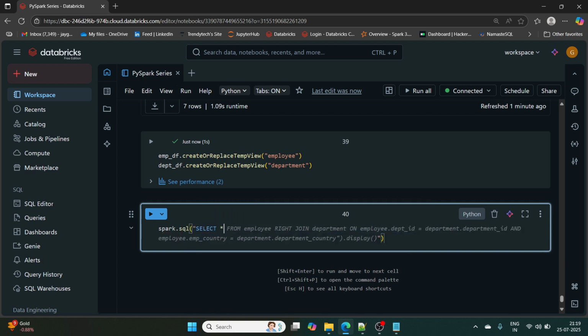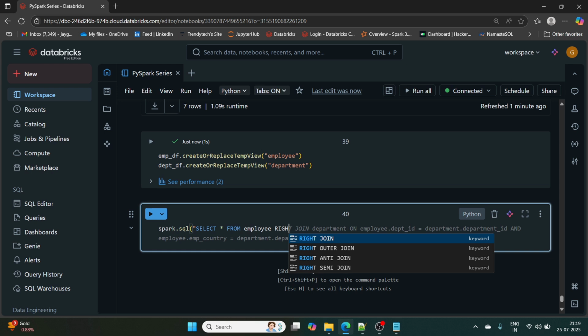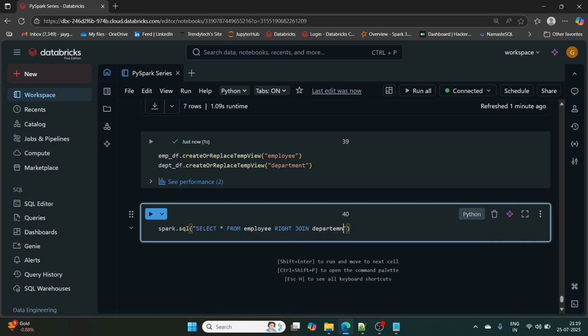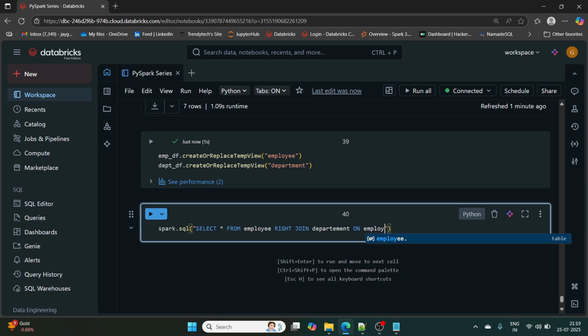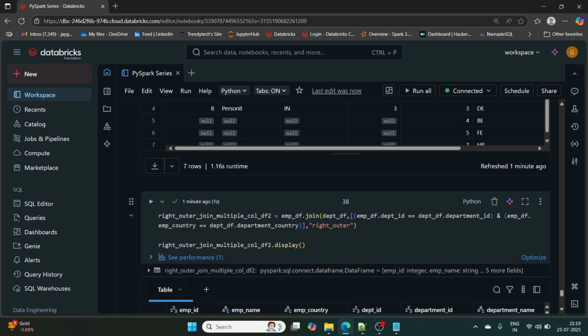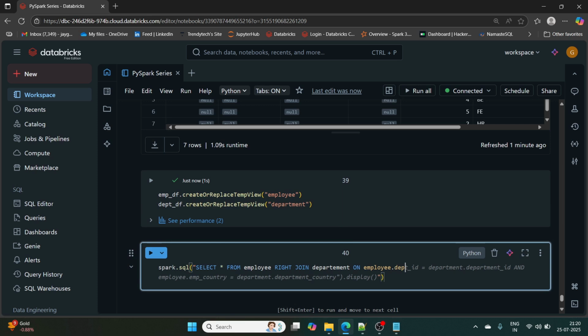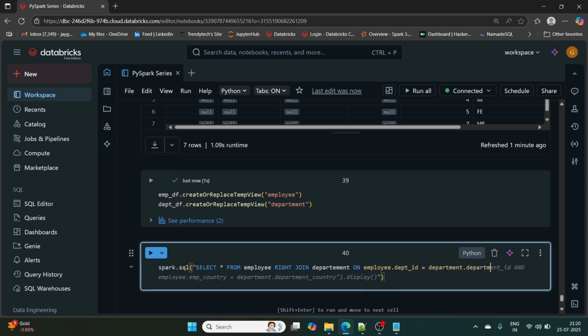Select star from employee right join department on employee dot dept ID equals department dot department ID